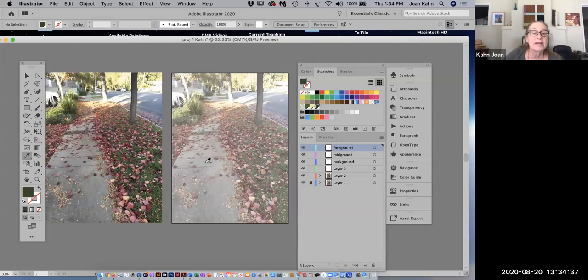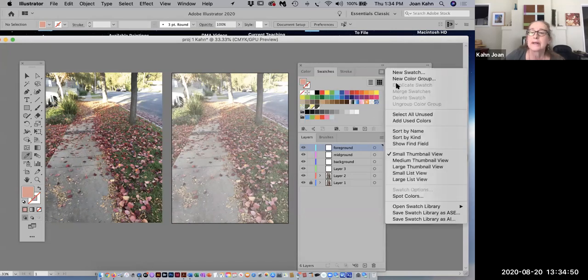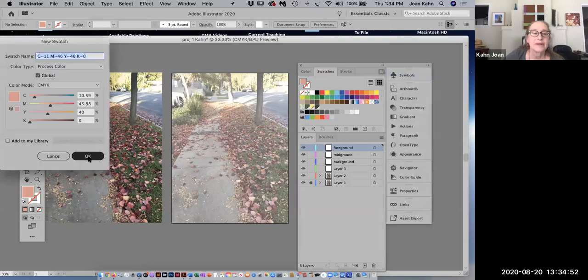And let's say I wanted some pinks for the leaves, and I'm going to be using those when I create my scatter brush. So I sample and new swatch, say okay,